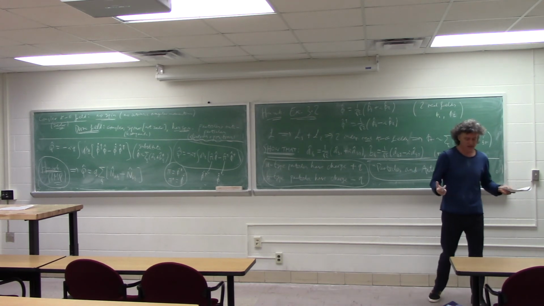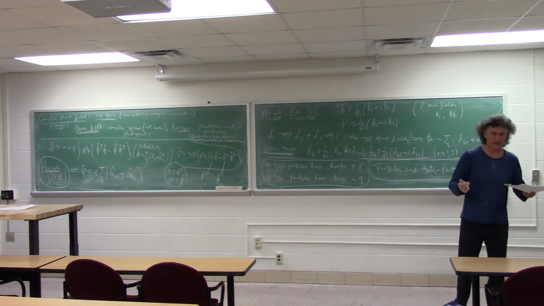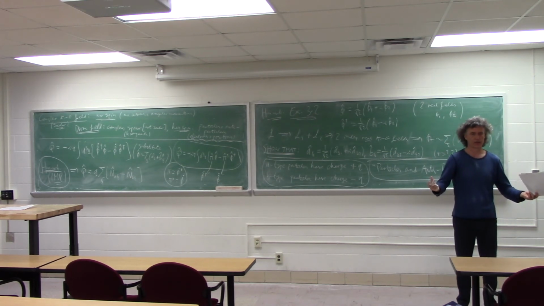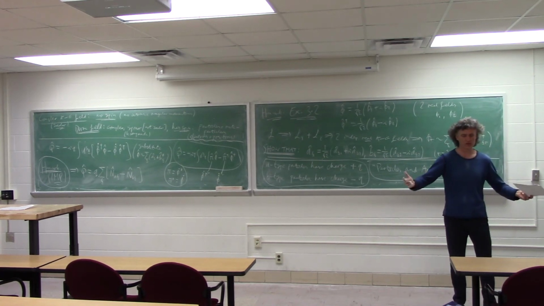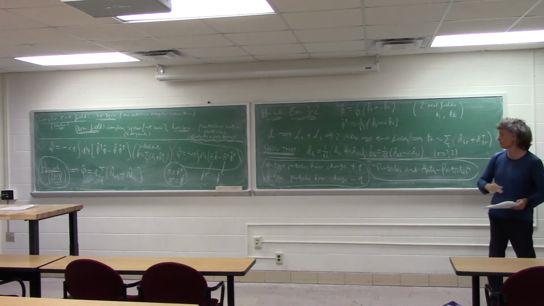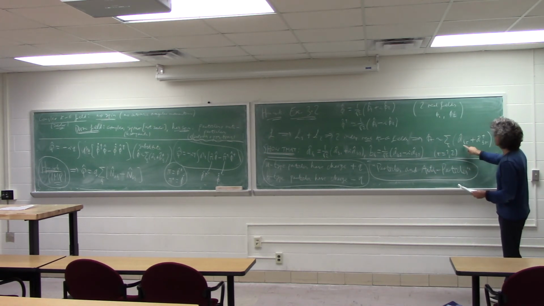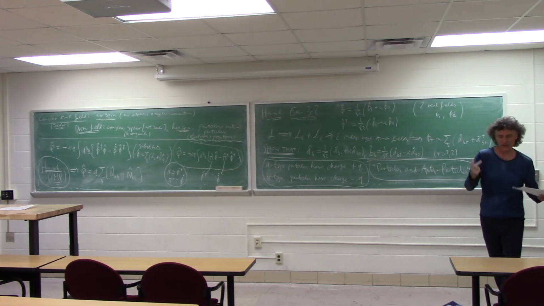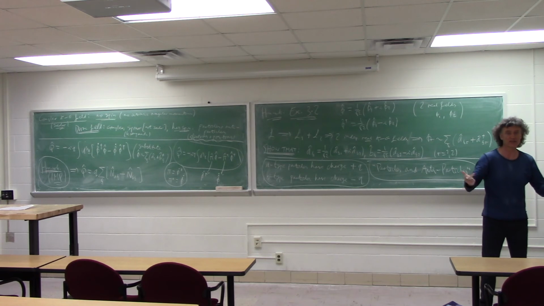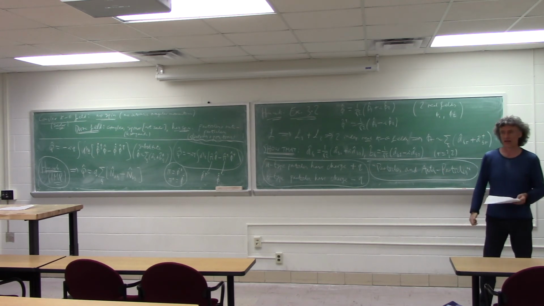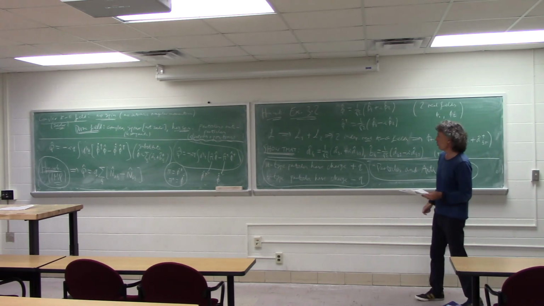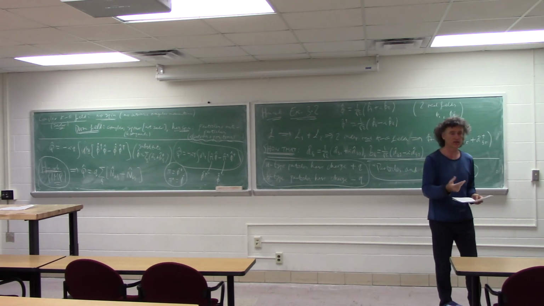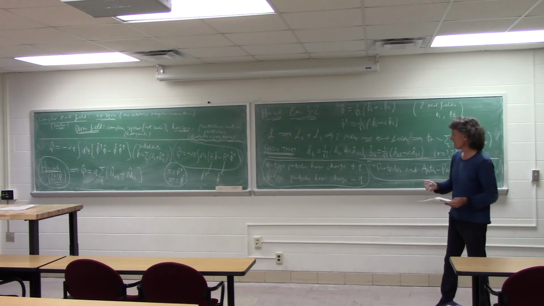If I think of this system, and I say, forget about it, I don't like these complex fields, I want to work in terms of two real fields. I've got the Phi1 and Phi2, two real fields, and for each one of them, I can define annihilation and creation operators. I could think of excited particle-like states for these two real fields. It turns out that if you want to describe a particle with a charge,